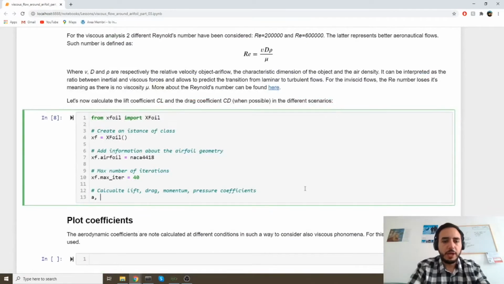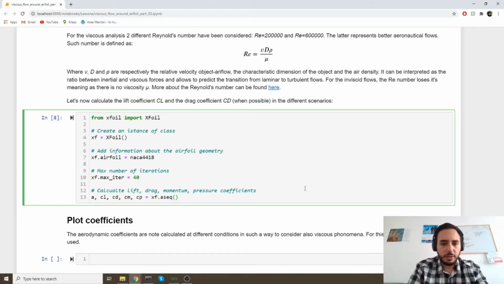So we have this array of angles, then we have the lift coefficient, the drag coefficient, a moment coefficient, and pressure coefficient. And in order to calculate, we need to call the object xf and